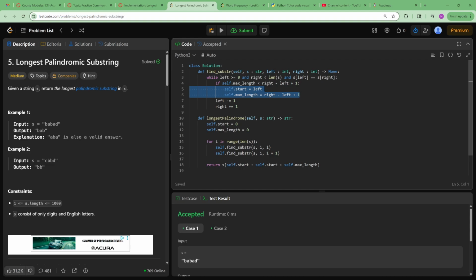That's fine. So yeah, we have a start position, which is going to be set to 0 initially, and we're going to have a max length number that's going to be 0, because we haven't found any substrings yet. And then all we're going to do is iterate through each of the characters of the string, and use them as indices from where we're starting off. So basically we're going to start at 0, right? And then we're going to check, okay,